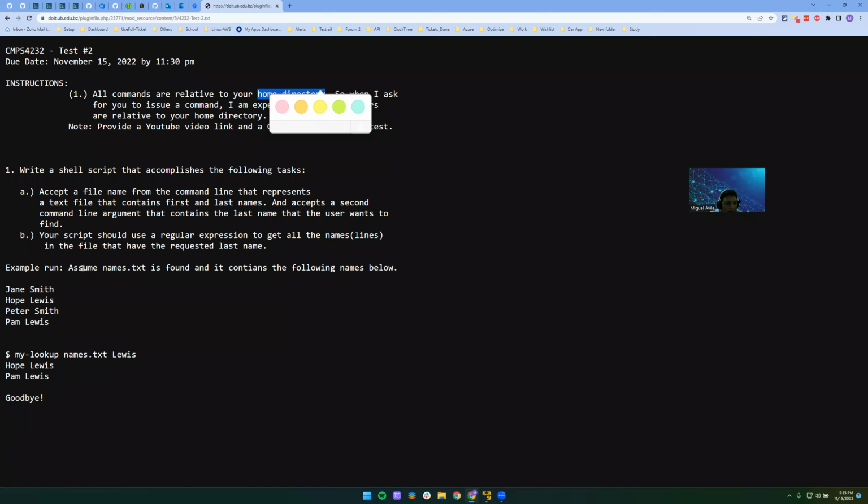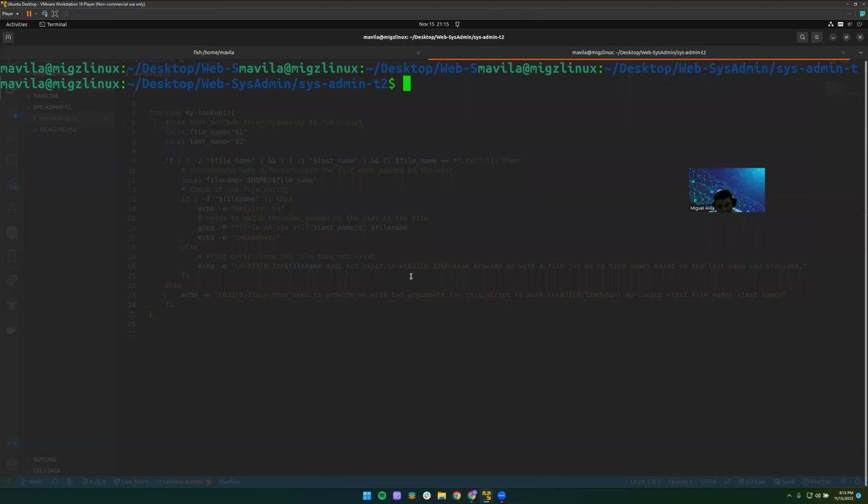Right here we do have an example. We have a file named names.txt, and that has this content. And if we execute our script, it should look something like this, and it should filter names that contain Lewis as their last name, and it should say goodbye. So if we go right ahead and then